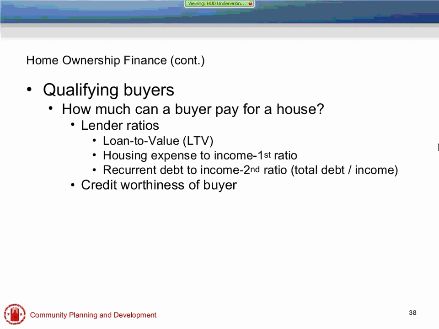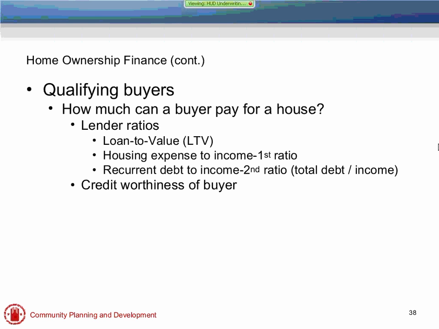Then they're also going to look at housing expense to income, which is considered the first ratio, or you may have heard it as the front ratio. And this is really looking at typical income, regular recurring income that comes into a household. So salaries and wages, self-employment, Social Security. Again, any typical regular basis type of income is considered into your first ratio or your front ratio. And on average, that's going to be somewhere in the ballpark of 28% to 32%, somewhere in there typically is the housing expense first ratio that a lender is going to look at.